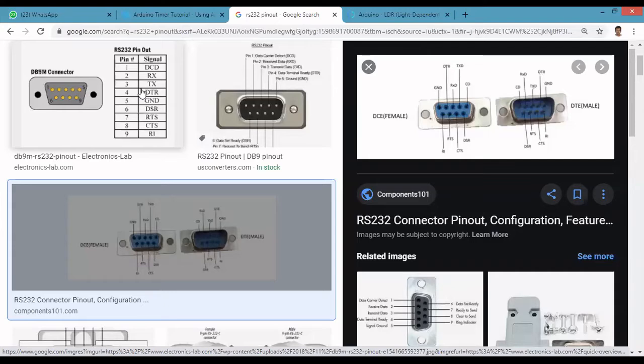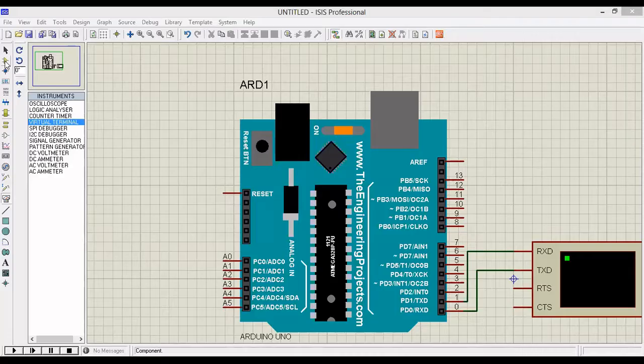So in normal mode, it will directly send the data, and the receiver and transmitter are enough. In handshaking mode, first it will send a signal asking whether you are ready or not. Next, the receiver will give one acknowledgement: I am ready. Next, the transmitter will send another signal: I am going to send this data. After that only it will send the data. This is called handshaking mode.